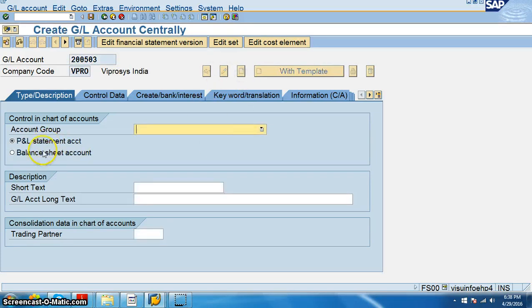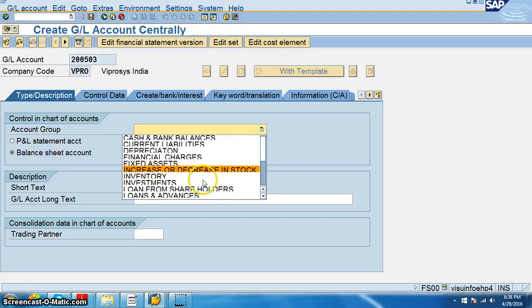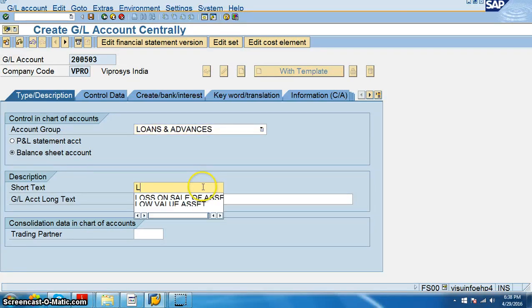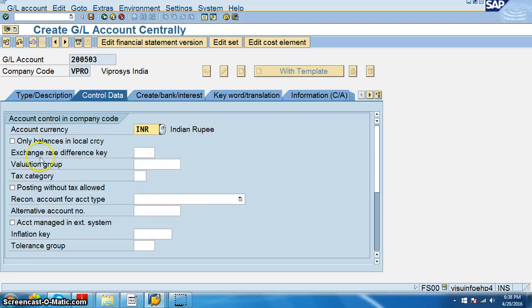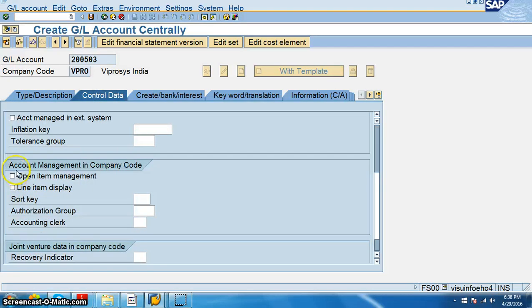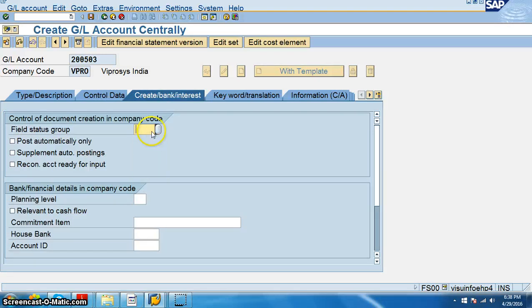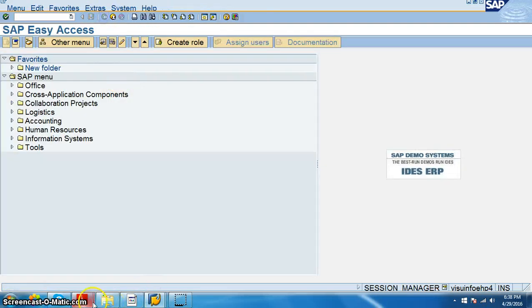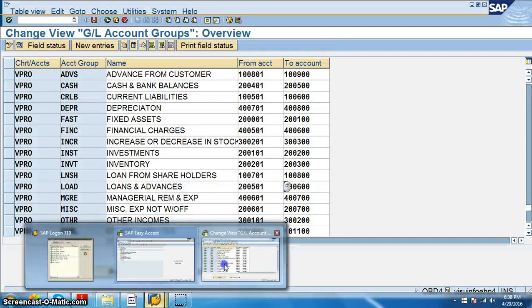Create, and here, balance sheet account, we need to go for loan and advances. Only balances in local currency, line item 001, credit, here we go for G001, save, then back 200503. So 200503 we have it.